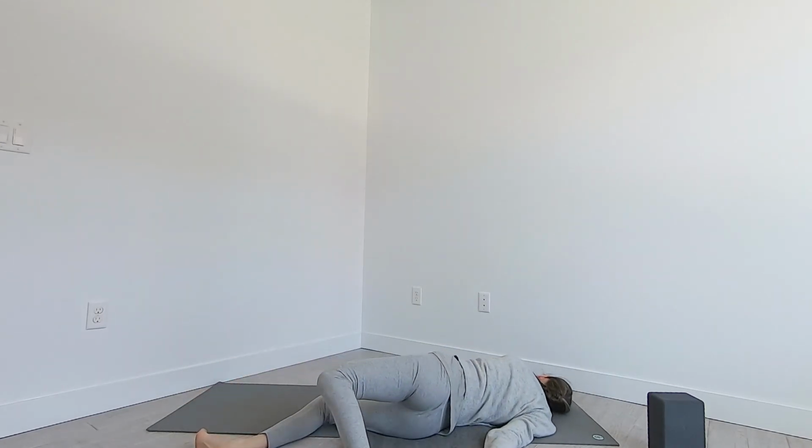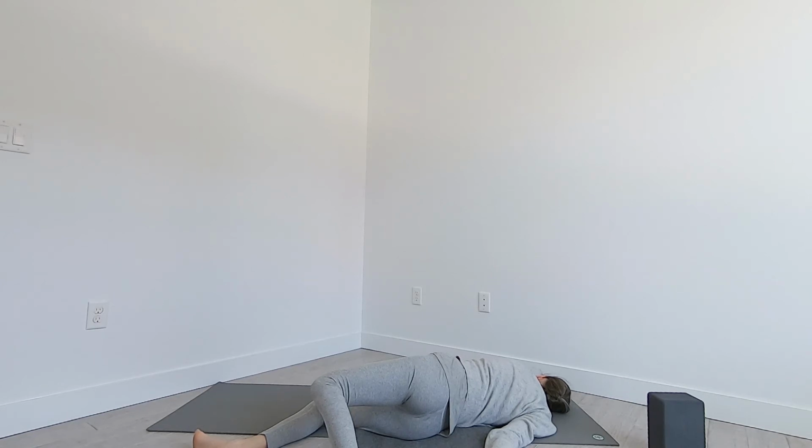Now it's the right ear on the mat and the left leg crossing behind us. Once we're in the posture, scanning the different areas of our inner body,